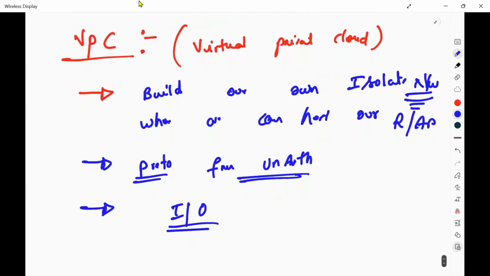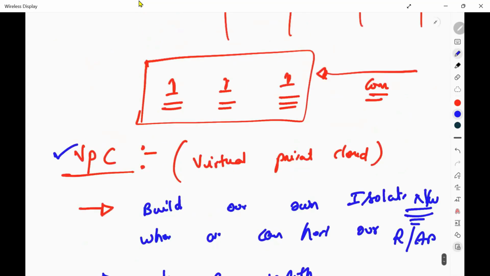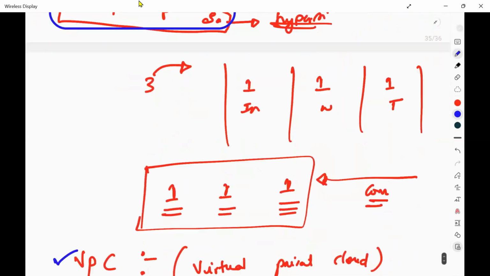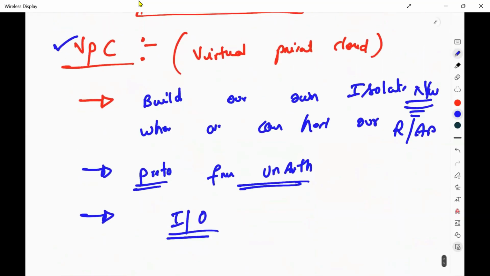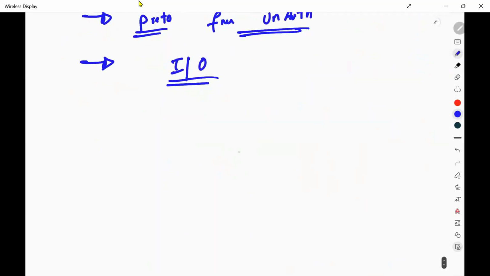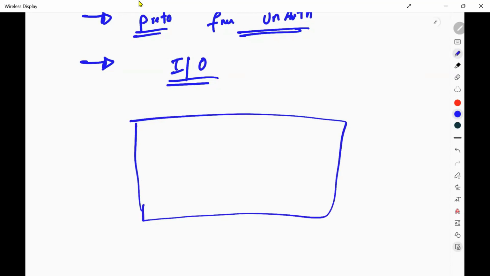What is VPC? Everybody understood why we are creating VPC here? This is because there might be information exchange between the applications. That is the reason we are creating a VPC. From now on, instead of creating our EC2 instances randomly, we'll create our own secure network.